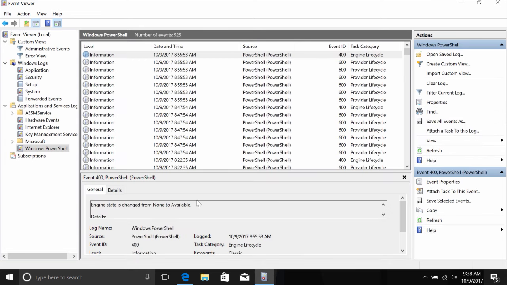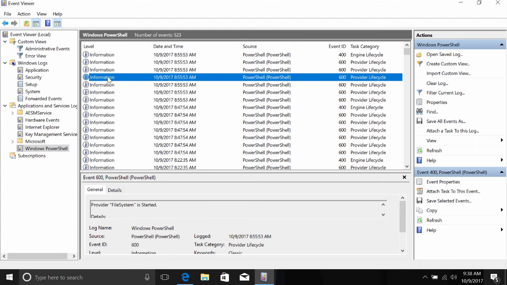Regardless of its category, each line in a given log in the Event Viewer represents an event. Each event contains information grouped in columns about the event, like the logging level. Information is the lowest level, and critical is the highest. You can also find the date and time the event occurred. Selecting an event will bring up more detailed information in the bottom pane of the Event Viewer. This can help you dig into troubleshooting or even give you context for a bug report.